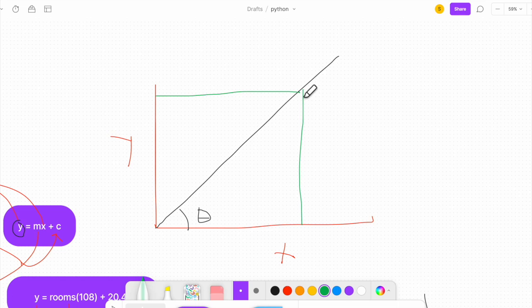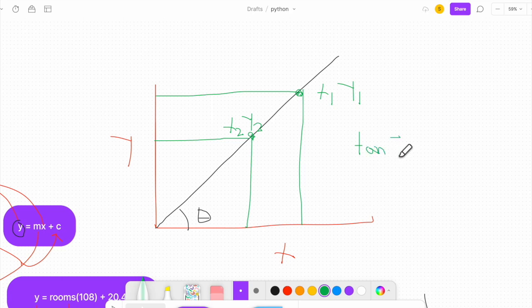There are 2 points. One point is here and another point is here. So we just find out the corresponding values. Here it will be x1, y1. For this point it will be x2, y2. So our slope, or tan theta to be more precise,